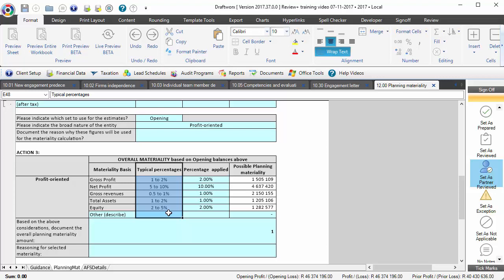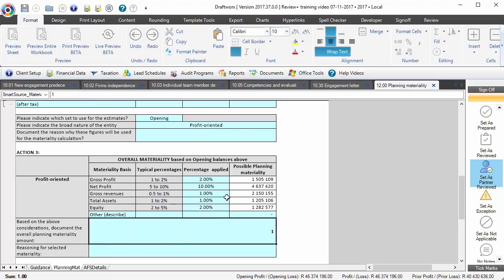We do think, however, that we can probably change these to the IFAC guides, because IRBA will not be reviewing review engagements as far as I am aware. So we'd appreciate feedback in terms of what percentages you'd like to see here in our review methodology.